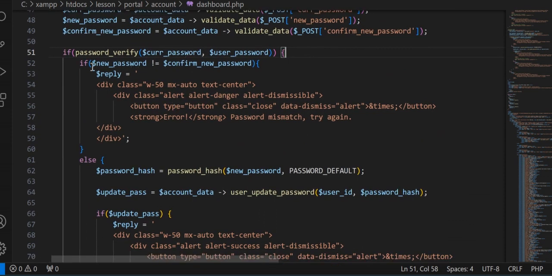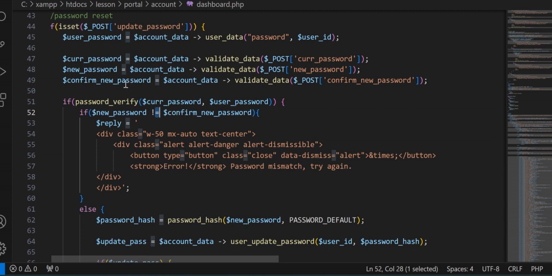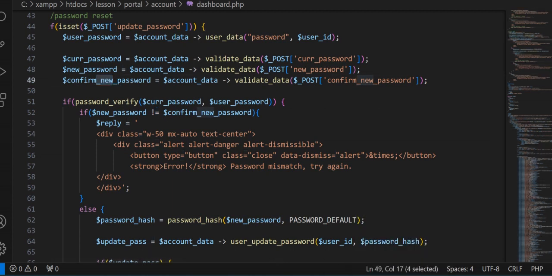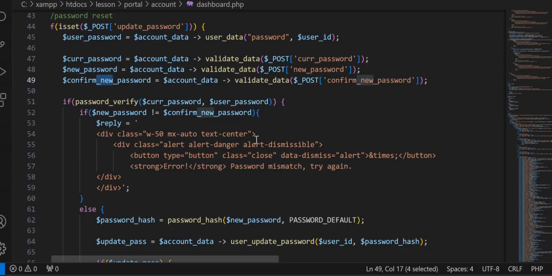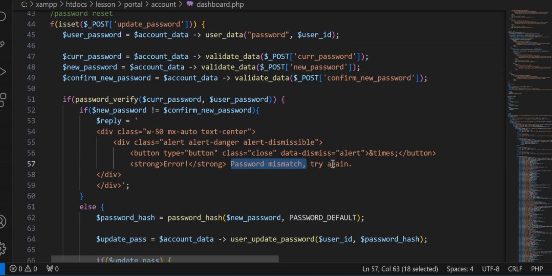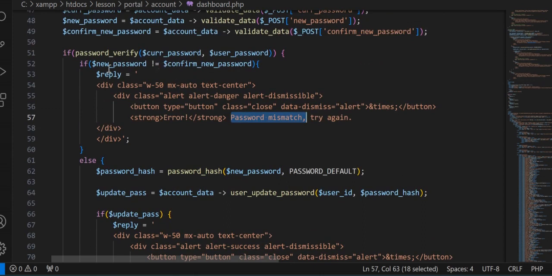Then let's go to the code explanation. Then we say here, if new password is not equal to the confirmation password, that is to say, if the values the user inputted here and the confirmation do not match, that is the reason we say if not, if this is not equal to this, then it will give an error message, password mismatch, try again. Else, that is if this new password is equal to confirm password, then else we say